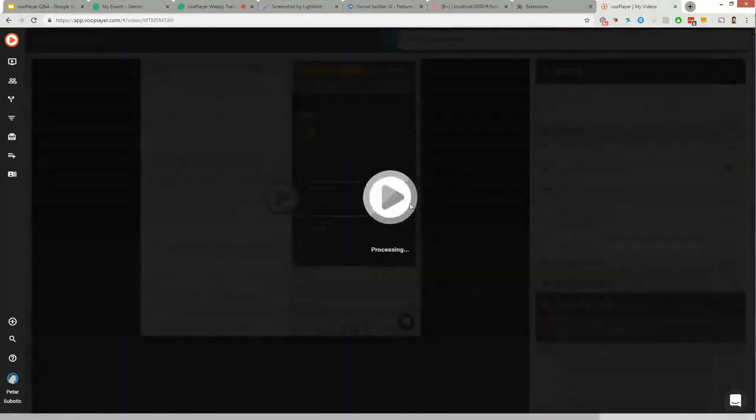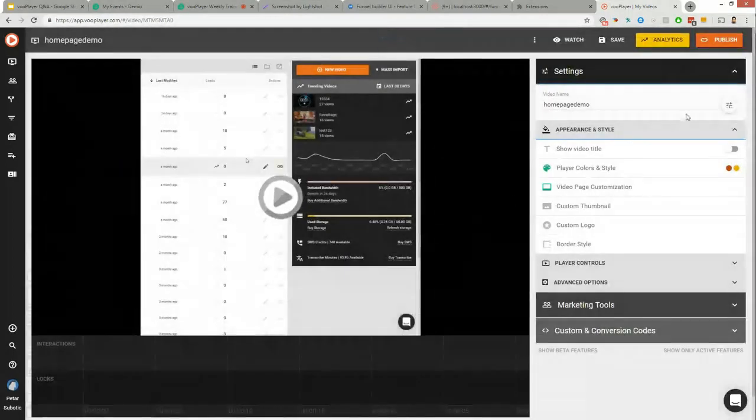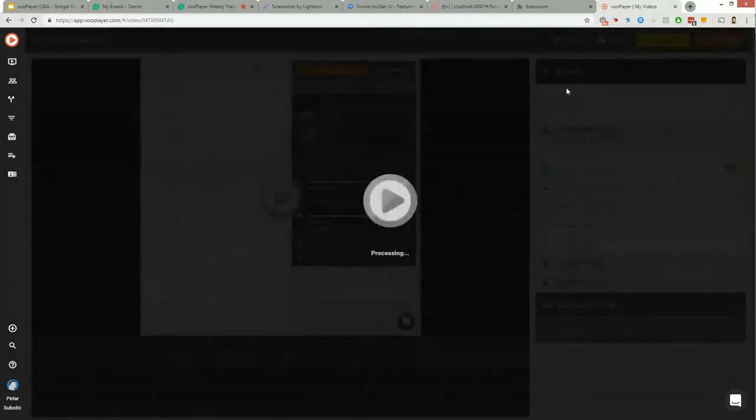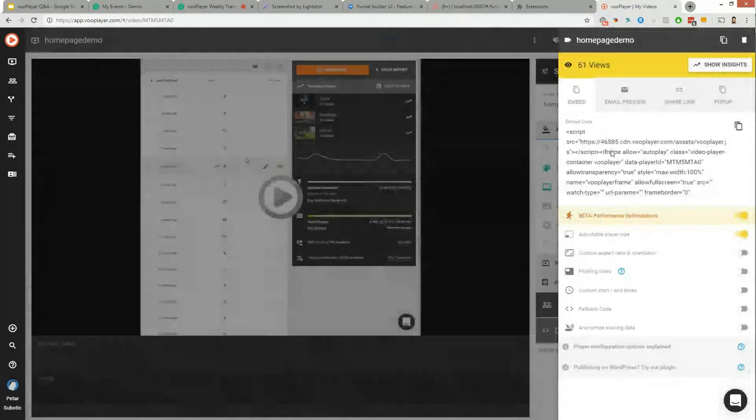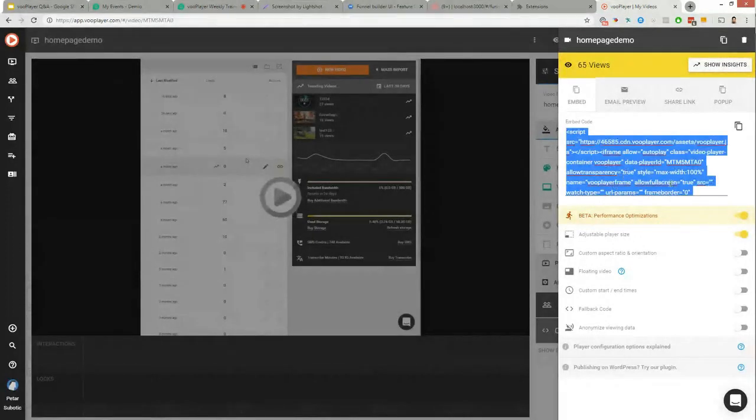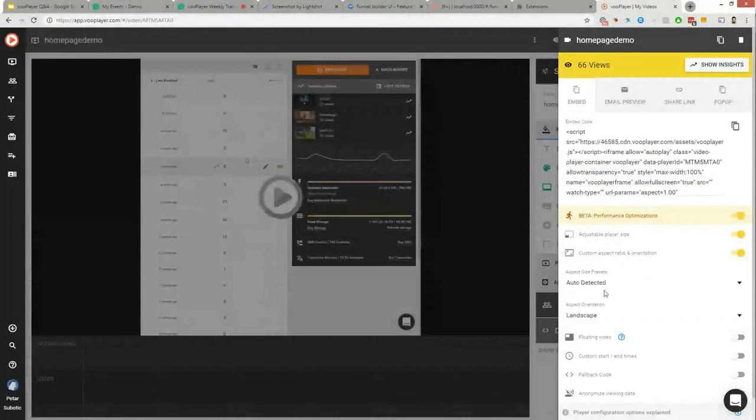Let me just save it. So when you come over here to publish options for the video, and you have your embed code, one of the options which you have is custom aspect ratio and orientation.